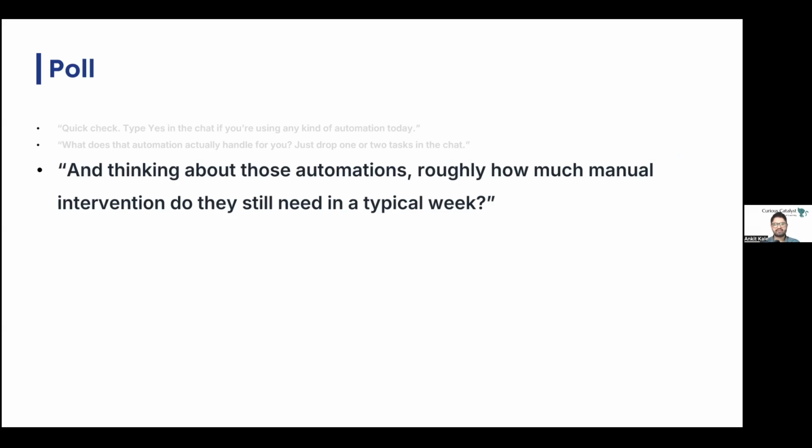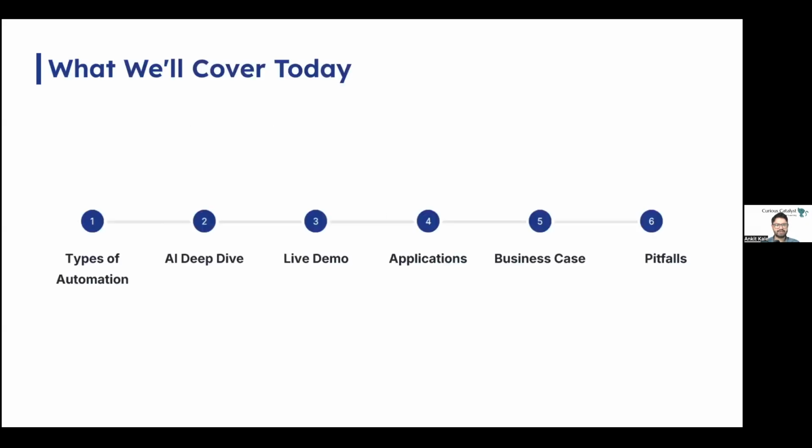So I see a few replies. Some of the organizations are still incorporating automations, but some of them have already started with it. I can already see someone saying they have just started. That's a great thing. What this really tells us is that the way we have been building automation works for the happy path, but real world operations aren't happy path. They are messy, variable, exception filled, and that's exactly what we are going to address today.